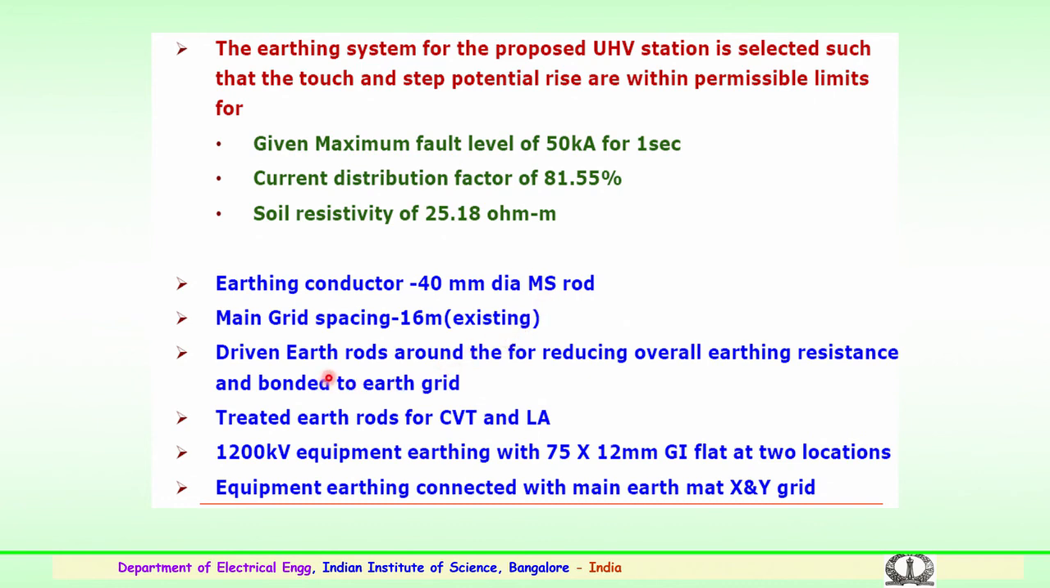Then the driven earth rods around the grid, for reducing overall earth resistance, are bonded to the earth grid. These earth rods should be treated for the CVT and connected to the lightning arresters or current voltage transformers. In case of 1200 kV equipment, earthing with 75 by 12 mm galvanized iron flat could be employed for two locations, and the equipment earthing connected with the main earth mat and both X and Y grid should be followed. It is very important for UHV substations. So, we will stop here and we will continue